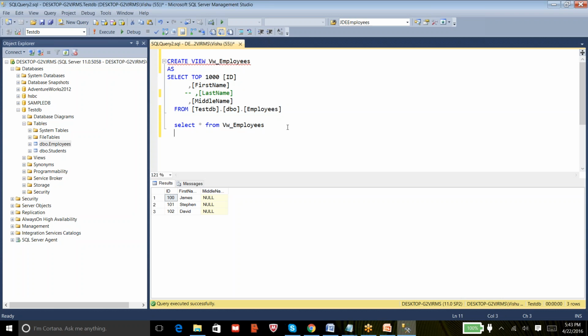And one more advantage is, in real time in your database, you might have tables for each and every month. So you have one table for January, one table for February, one for March, and one for April. And you might get a request from a user saying that I need data for all this year, starting from Jan till 22nd April.